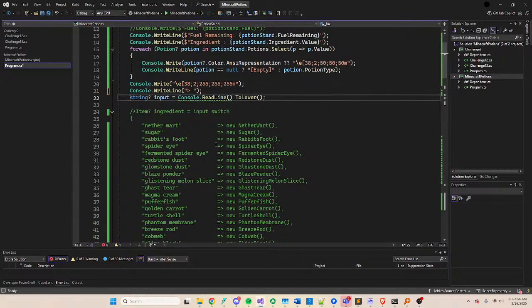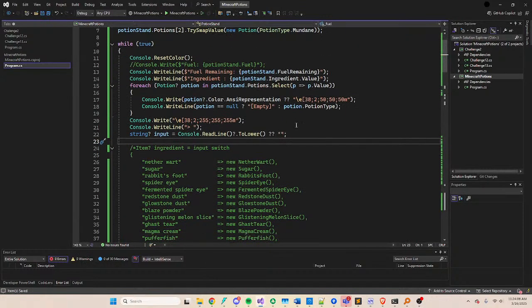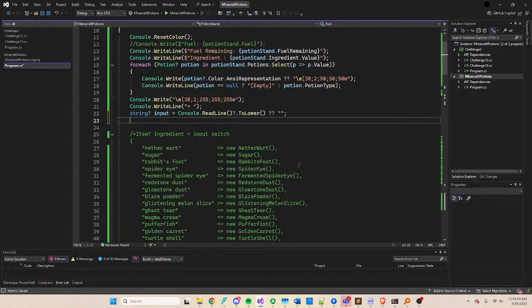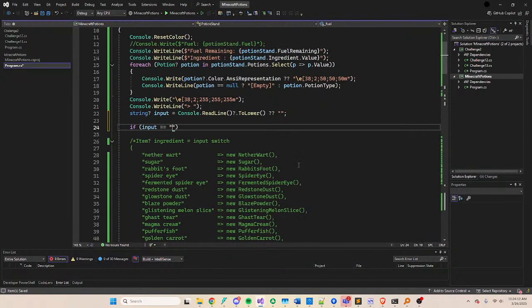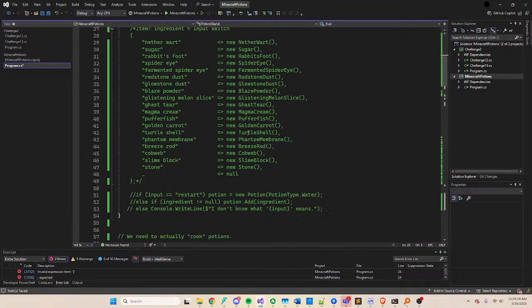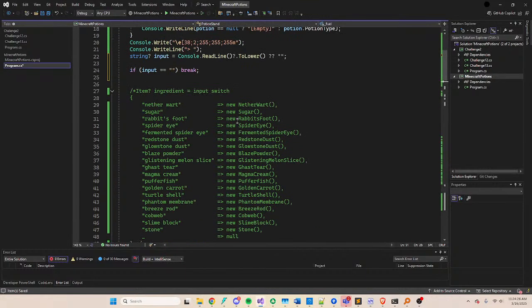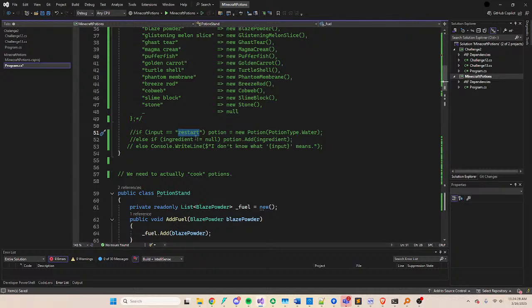And I am going to do, so we're going to get input here, and then if input equals that, then we're going to just break. So we're going to upgrade our input, which instead of having you just type in one of these things, we're going to, I mean, we will do that, but